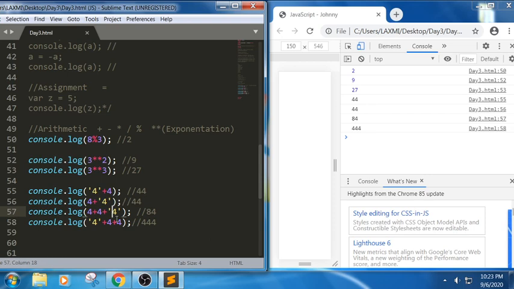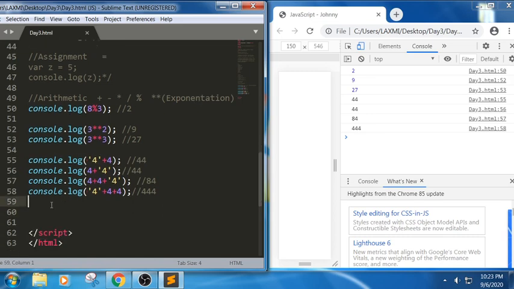It is a basic simple operation, but here it is a little bit complex, like we can't guess. Now we understood that whatever is written before a string, it will try to add, and after a string it will try to concatenate, in the sense it will try to join together.